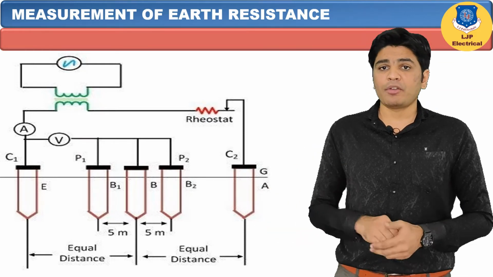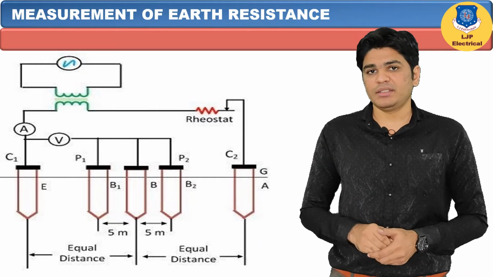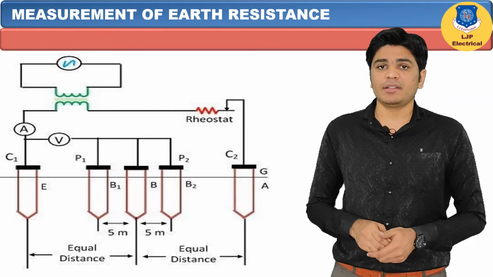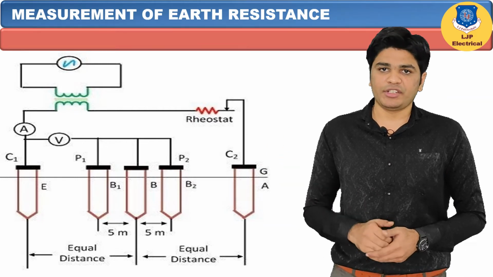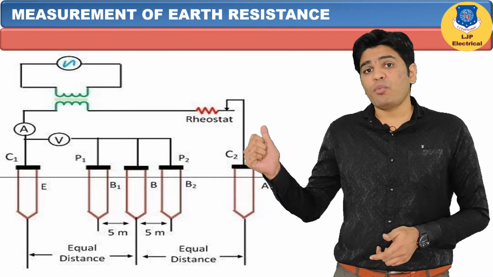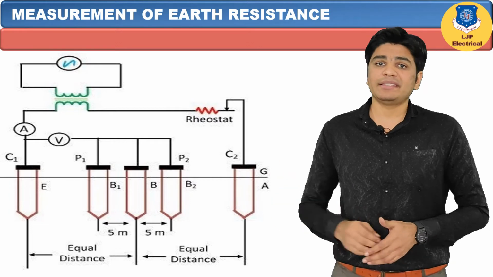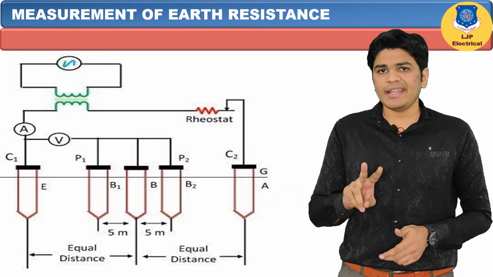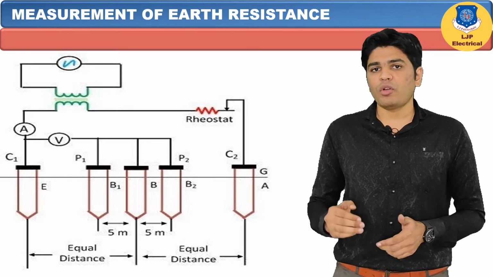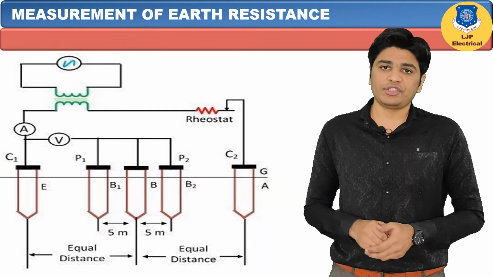The test can be performed with current at power frequency from a double wound transformer using voltmeter and ammeter, by means of an earth tester. The earth tester is a special type of meter which sends AC through earth and DC through the measuring instrument. It has got four terminals. Two terminals are shorted to form a common point which is connected to the earth electrode under test.